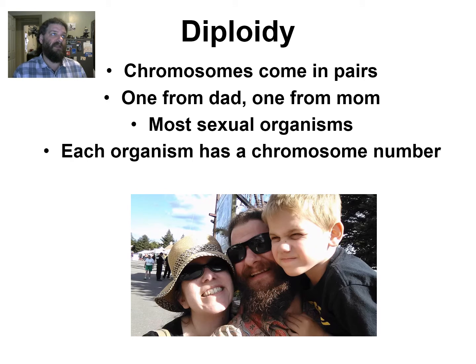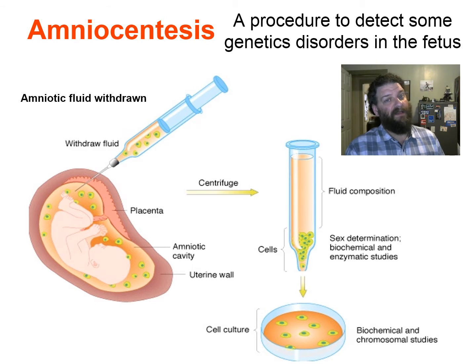Now, that doesn't mean that there's one chromosome number for each organism. We'd be pretty limited. There's lots of doubles. Us and mice both have 46 chromosomes. Our closest relative, the bonobo, has 48 chromosomes. So just arranged differently, even though we're a lot closer related to them. Sometimes it is helpful for us to be able to diagnose if a developing fetus has an abnormality in its number of chromosomes. That can happen through meiosis.